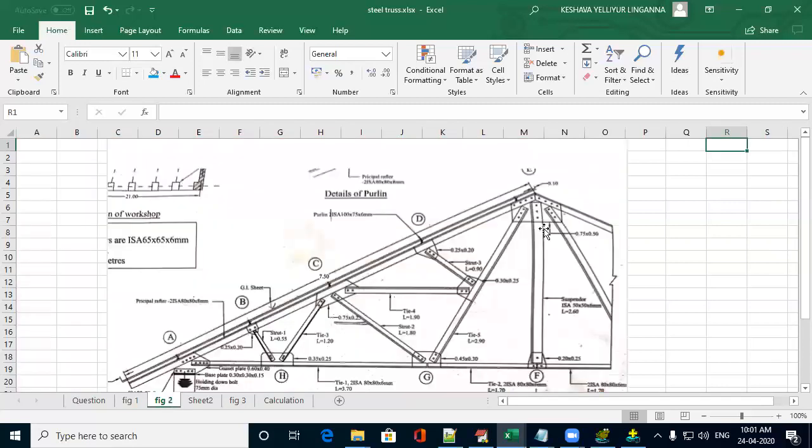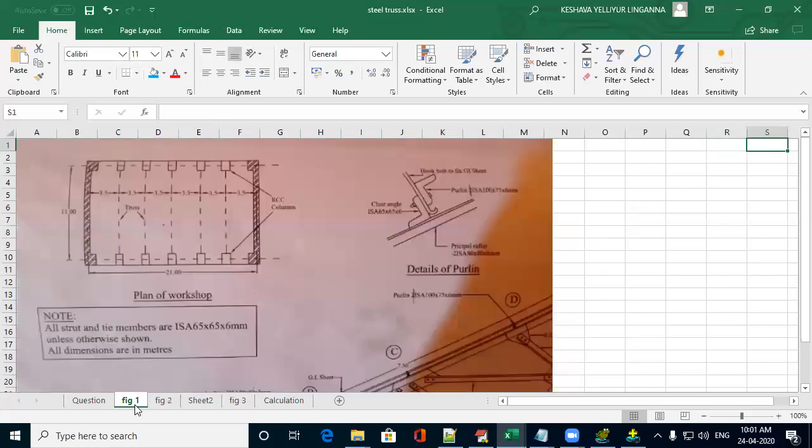Let us see the truss in detail. This is the given truss. They have given half of the truss. You know that the truss will be of symmetrical shape. Whatever the details you are seeing here, the same thing will be replicated on the other side. This is the diagram of one single truss. Like this, in this building, there will be 5 sets of truss. The same thing will be 5 times, so you have to calculate for 5 sets of truss.